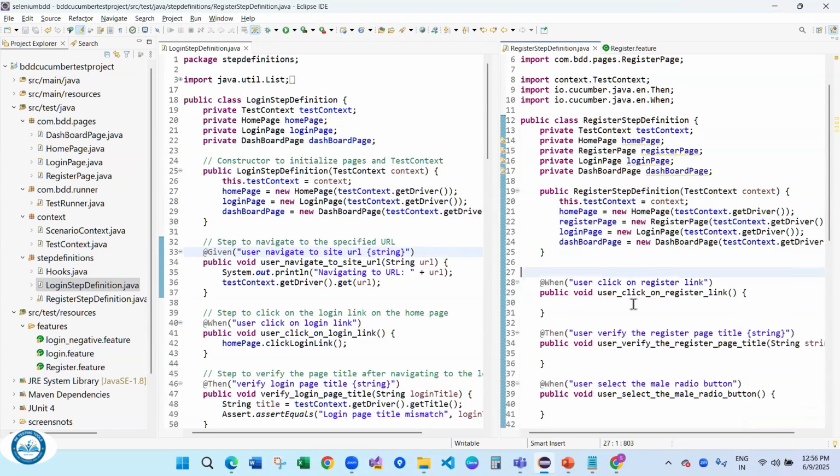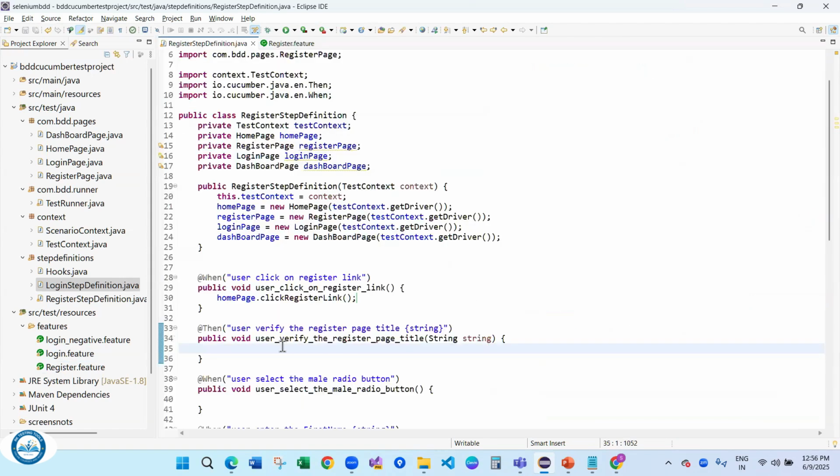So what next? We have to click on the register link, correct? Yes. So how to click on the register link? Home page dot click on register link. Correct? Done. And what next? Tell me. Verify the title. So verify the title means String register title is equal to